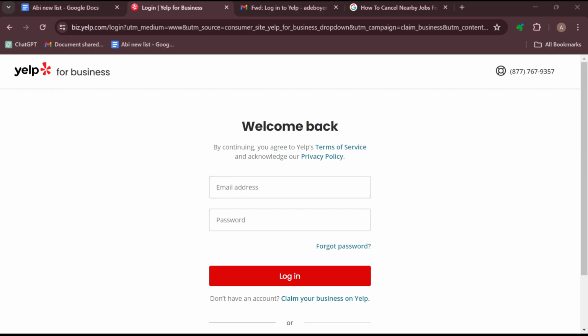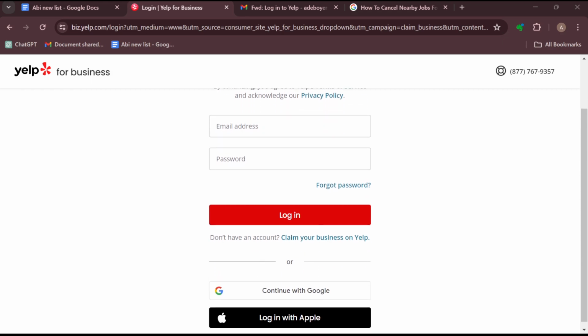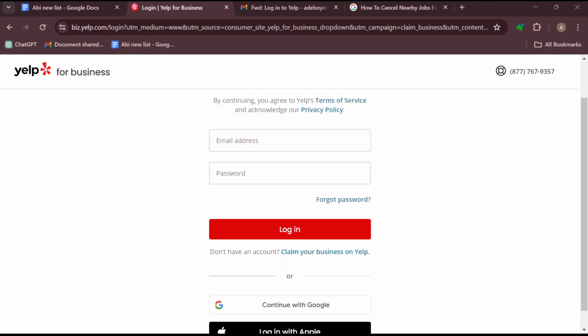From your business account page, navigate to your Yelp ads dashboard. On this dashboard, you will find detailed information about your advertisement performance, the charges, and other relevant metrics. Your Yelp ads dashboard also provides insights such as the monthly